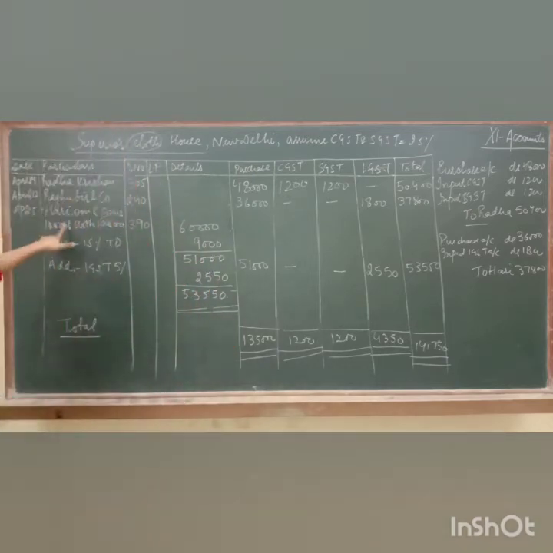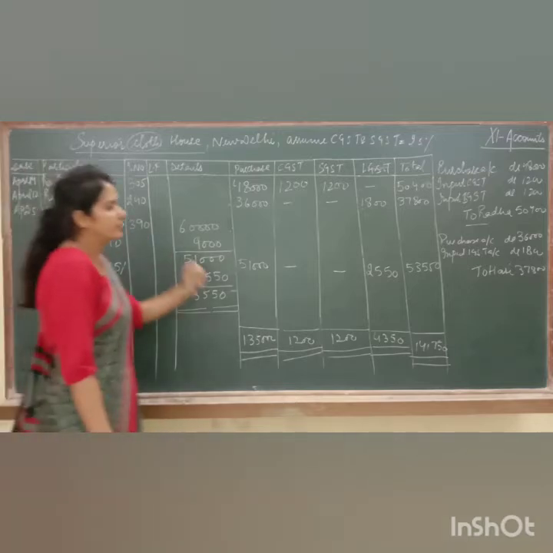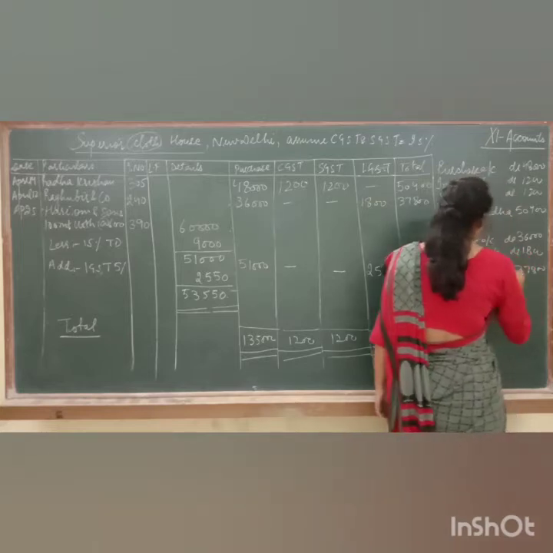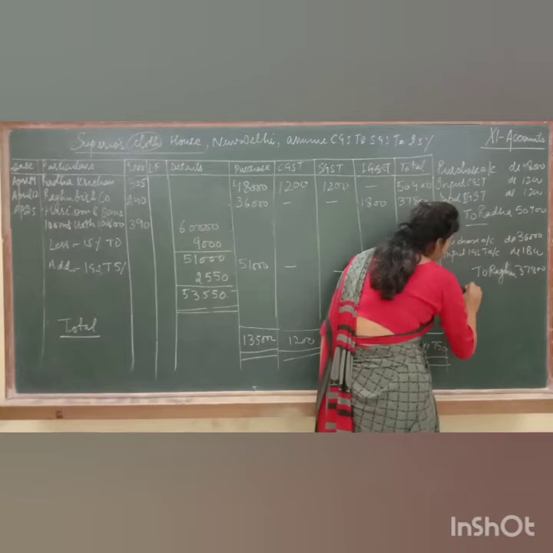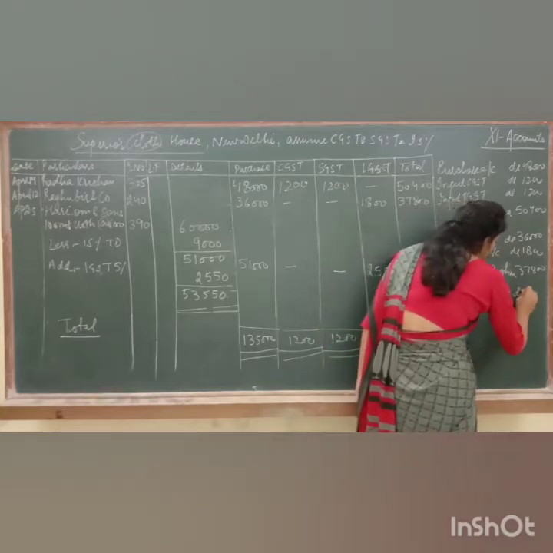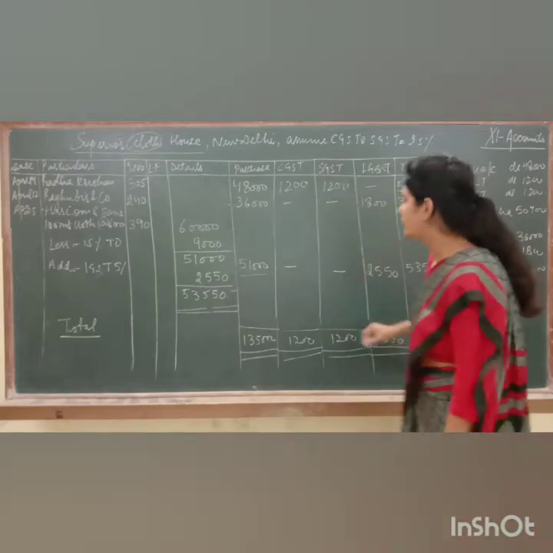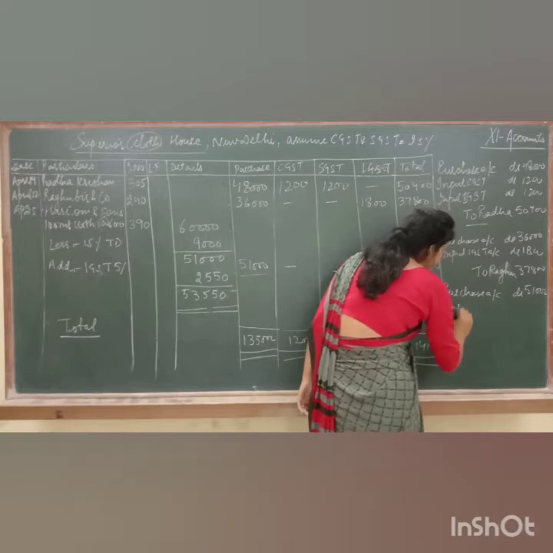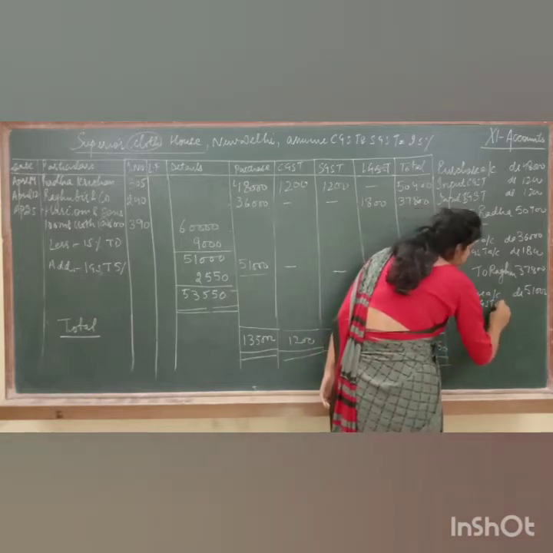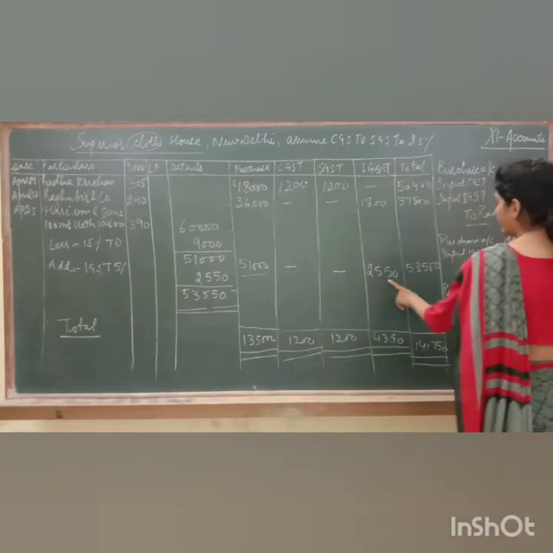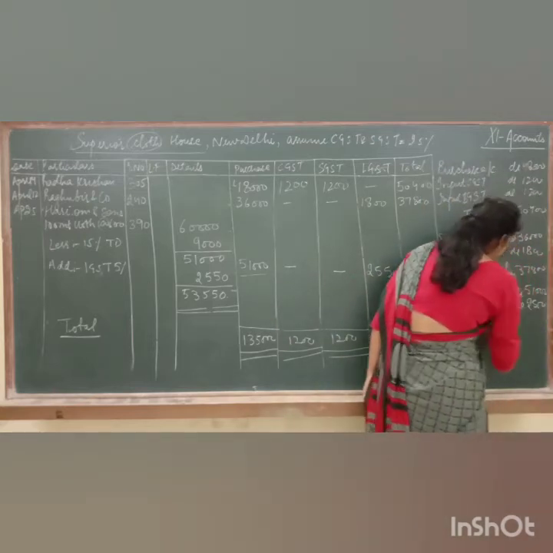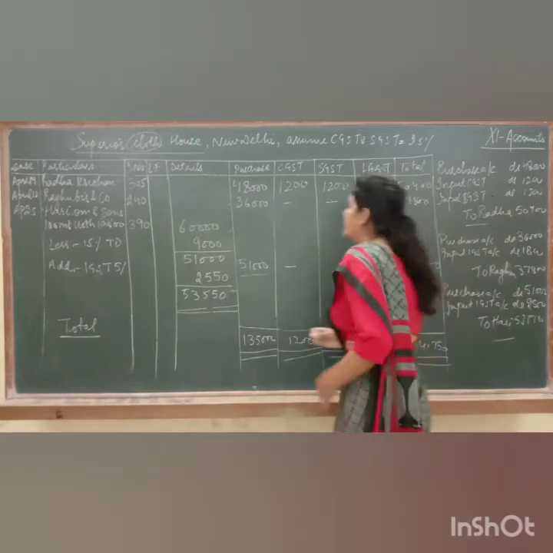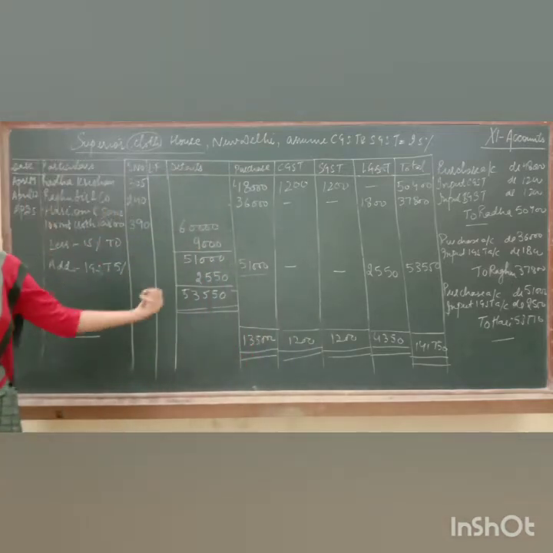Then we have purchased from Hari Om. Sorry, the above was from Raghuveer. Now we have purchased from Hari Om, then write the amount. Purchase account debited. We have purchased for 51,000 net amount. Then we have paid IGST. So it will be input IGST account debited. Amount will be 2,550. To Hari, 53,550. That way we have to pass all the journal entries.